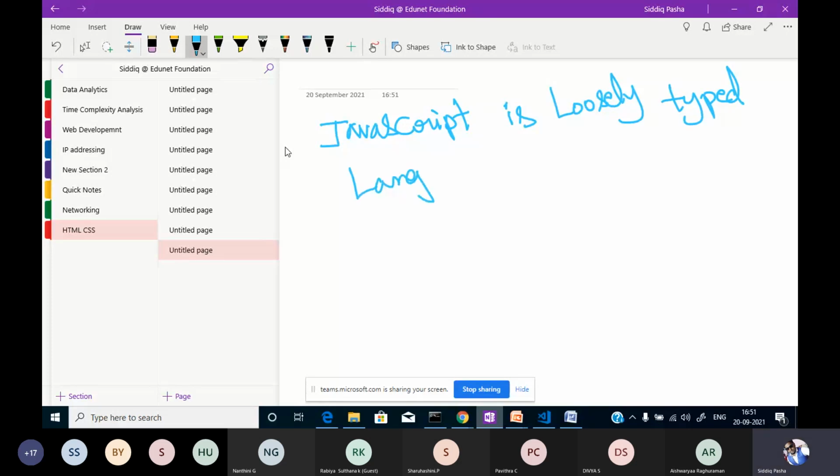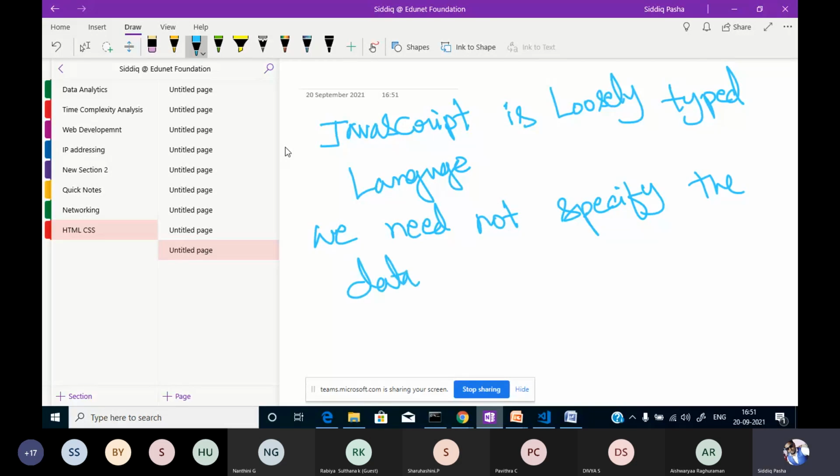What is the meaning of this? Please, anyone? Okay, I'll explain. The meaning of loosely typed language is we need not specify the data type for each and every variable. We need not specify the data type over here.